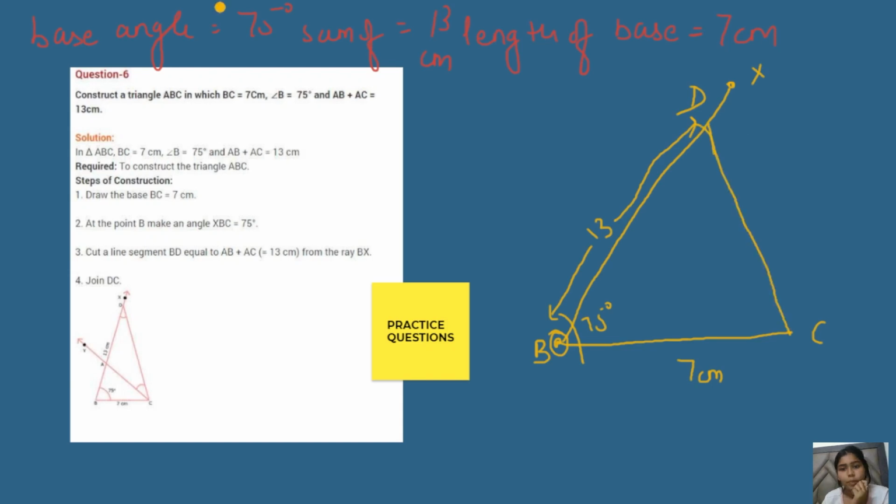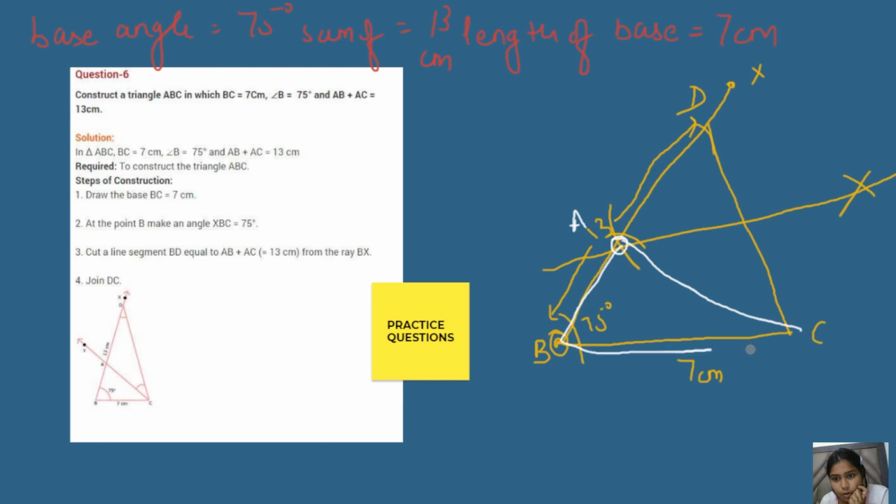Okay, now we will take the perpendicular bisector of it. It will be something like this, and you just have to join these perpendicular bisectors. The point at which the perpendicular bisector intersects, let it be named A. Then you have to join this with this. So this triangle which is formed is the required triangle. Am I clear?